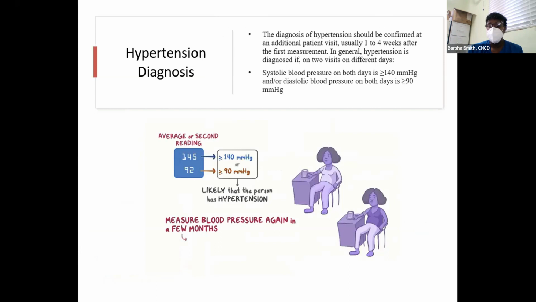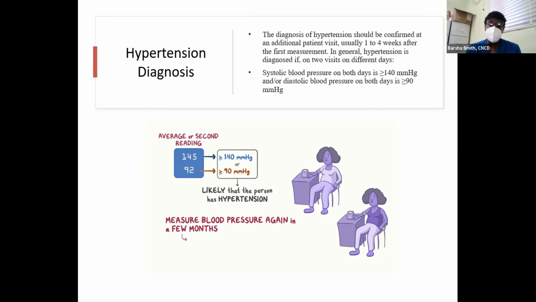Once the person comes to the clinic, again, just like with diabetes, you don't just diagnose them as hypertensive the first time they appear at the clinic and their blood pressure is elevated. These patients must be asked to return to the clinic and their blood pressure checked at least 2 more times. And if it's elevated above 140/90, then they will be considered hypertensive. So it's not the first reading, it's not the second reading, at least 3 readings of greater than 140/90 on 3 different visits. So not the same visit, before this person can be diagnosed with high blood pressure.